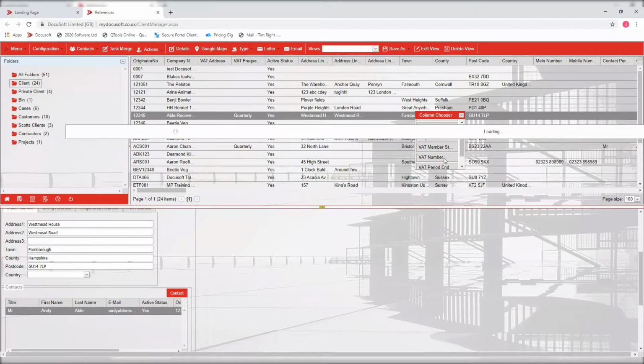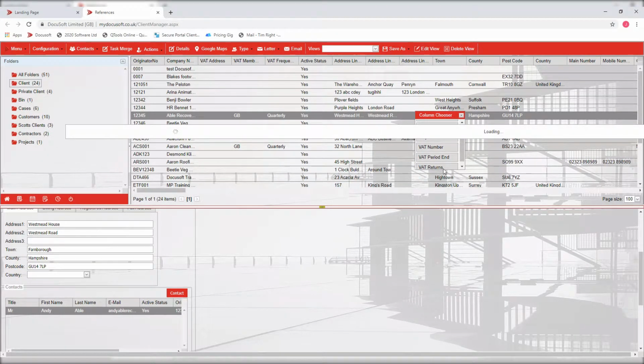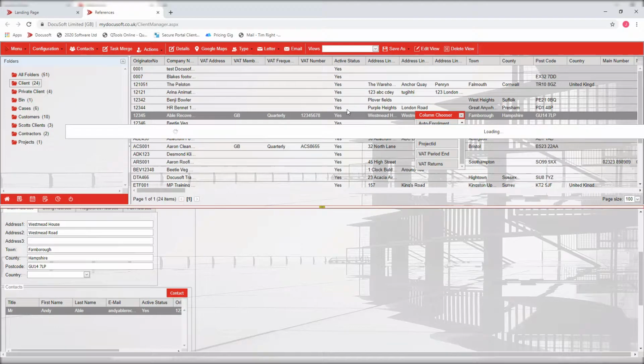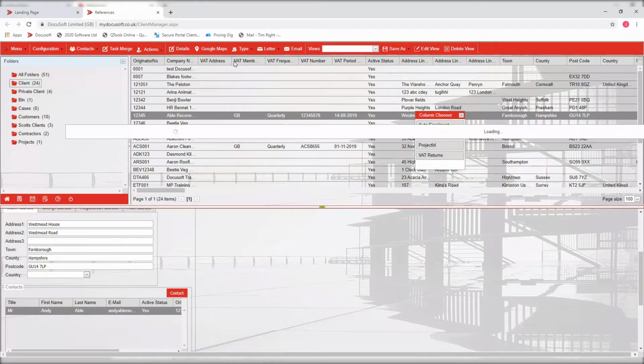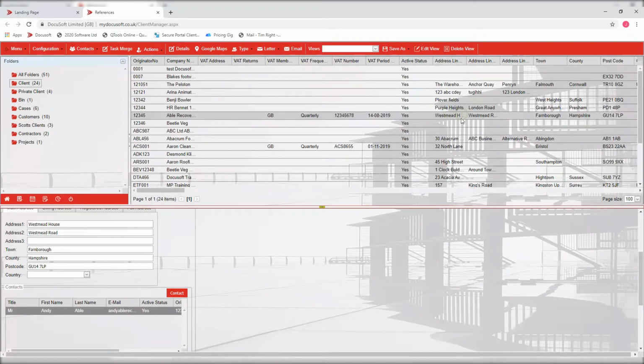And it's just adding all these columns back in again, but where you want them to show. And once you're happy that you've got all of the information that you wanted on that screen, what we can do now is close the column chooser, and then we're going to save this view as a new view